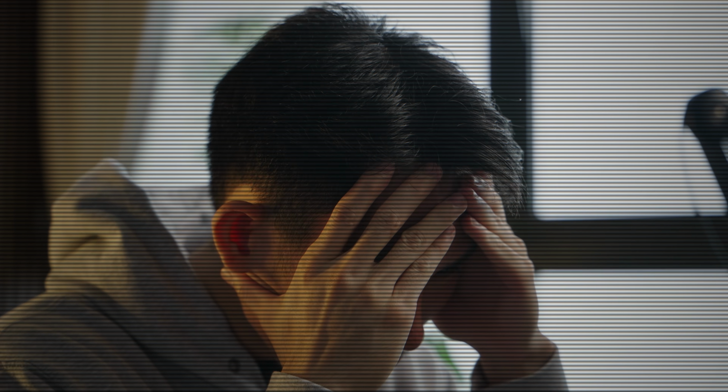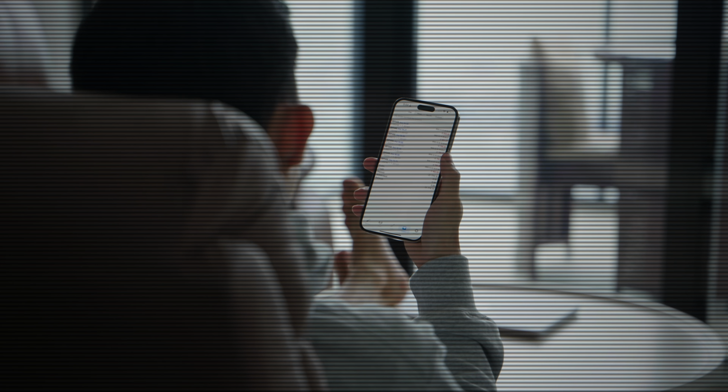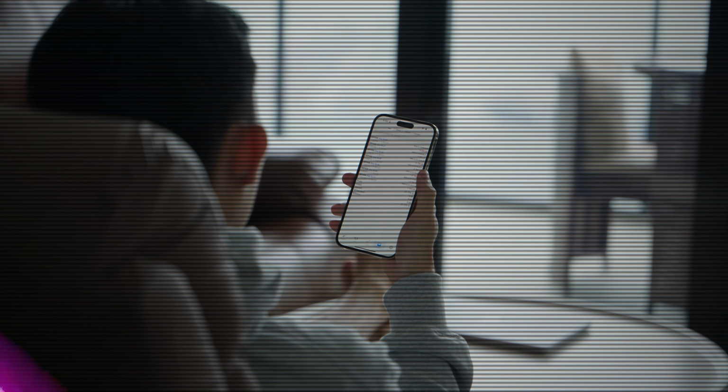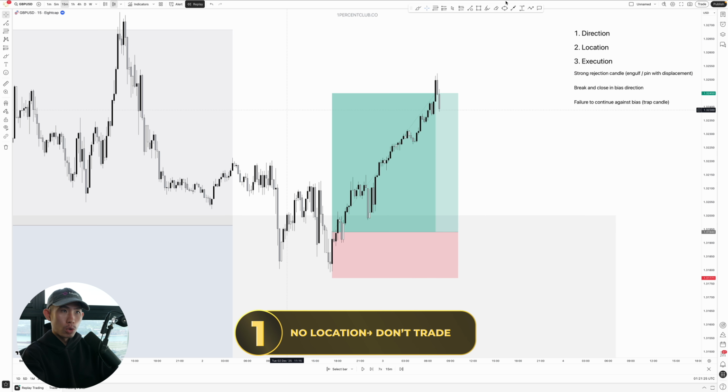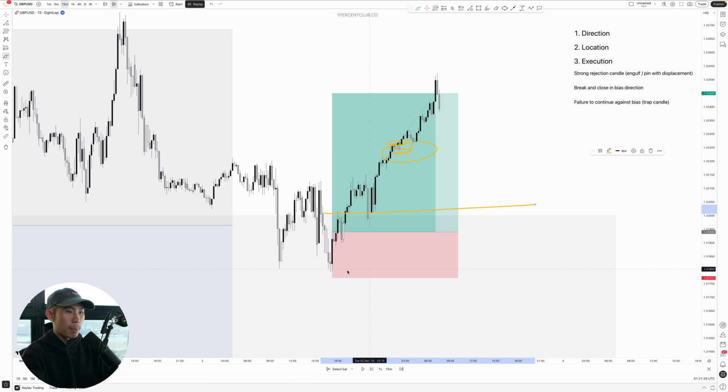Because if you trade during those times where you shouldn't be trading, you're going to make a bunch of stupid decisions, make a bunch of unnecessary losses, and it's just not worth it. So here's when not to trade. I personally do not enter when price is in the middle of nowhere, right? Like I said, when price is in the middle of nowhere, just like this, not at an optimal price point, not at a location, I don't enter.